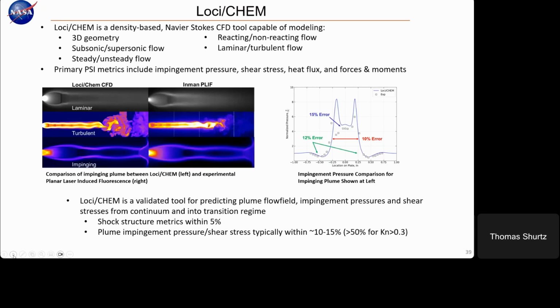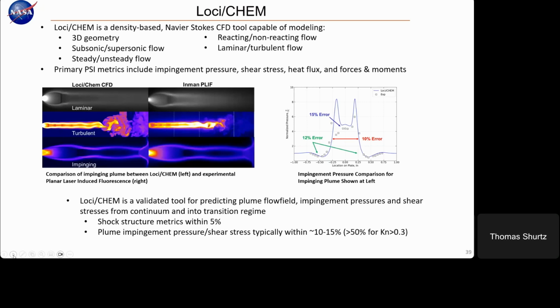We have found that we're able to very accurately predict plume structure, shock locations and whatnot, as well as the impingement properties that are relevant to PSI, like the impingement pressure, the shear stress, heat flux,